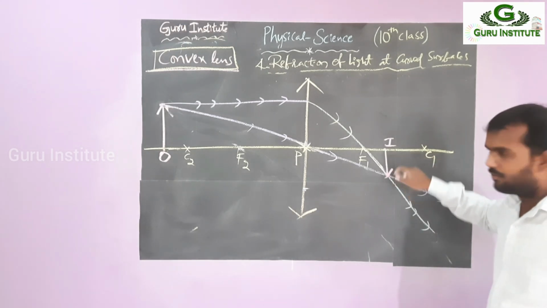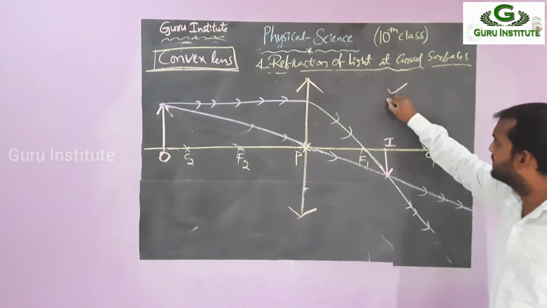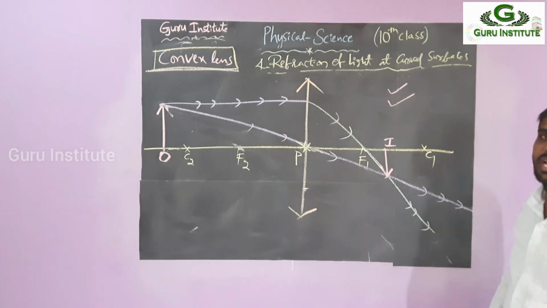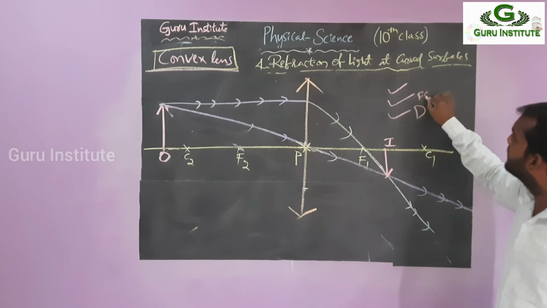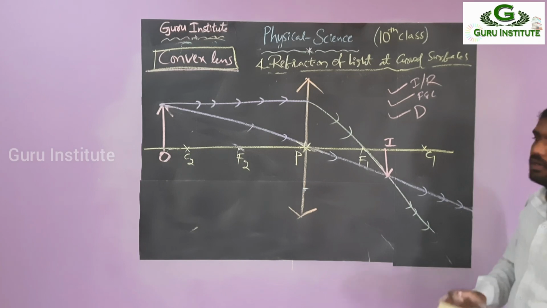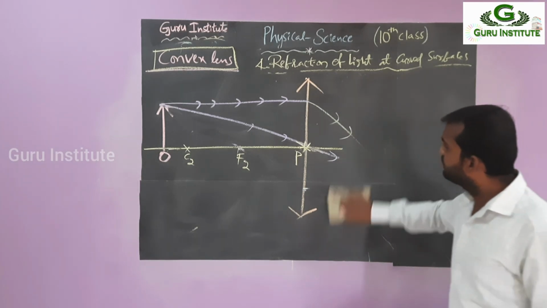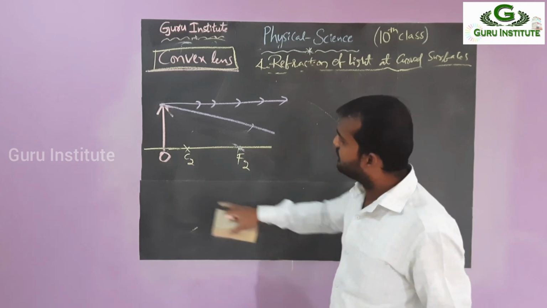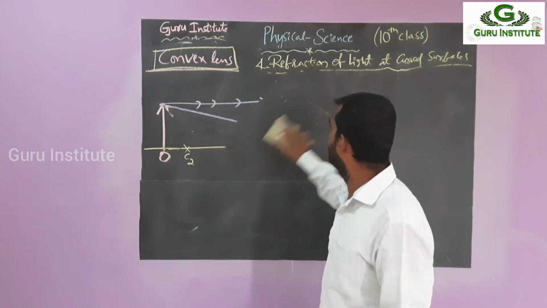So this is about the nature. Inverted one and real, first point. Second one is what? Formed between F and C position. Third point is what? Enlarged or diminished? That is a diminished one. Diminished one between F and C and inverted, so real. Okay, right. Let's go for the remaining cases. So what will happen in the next case? The object moves to C, then between F and C, at F, between P and F, like that.